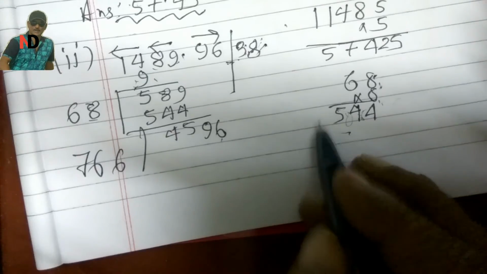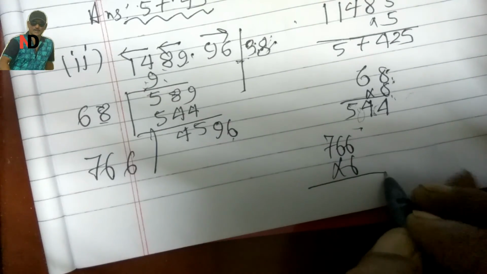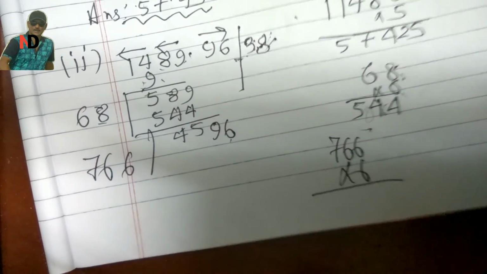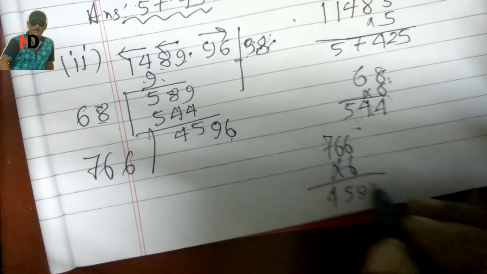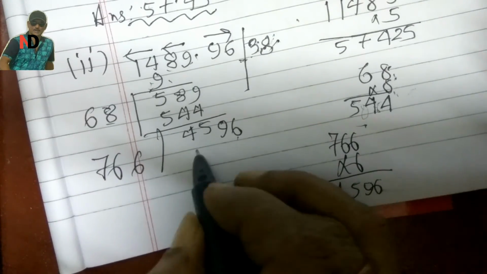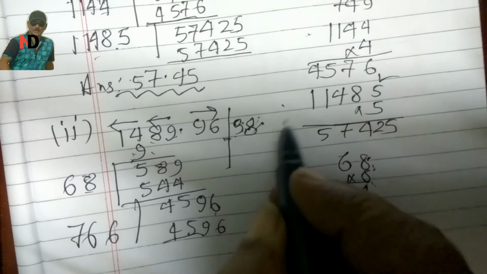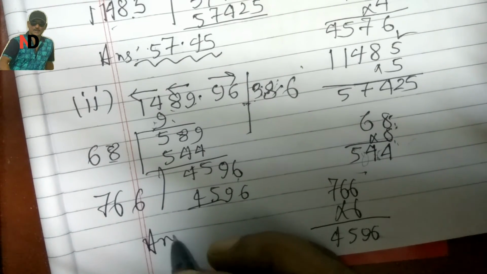So let's check, 766 into 6 how much, 4596, so it is 4596, and we get 6, so the answer is